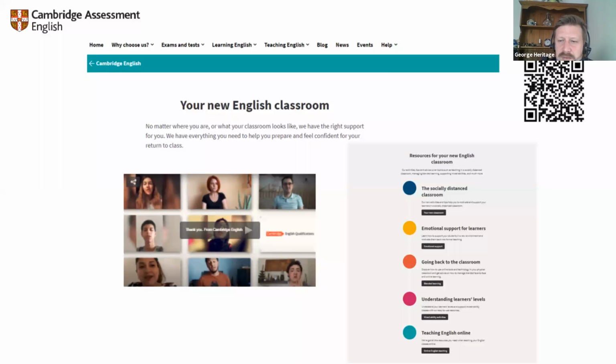Which platform do I prefer for writing assessment? Write and Improve, because then you don't have to mark it. Or you can focus on the things that the technology cannot do, like communicative achievement, organization to a certain degree, especially at higher levels.